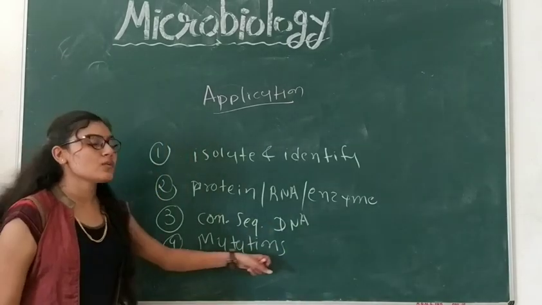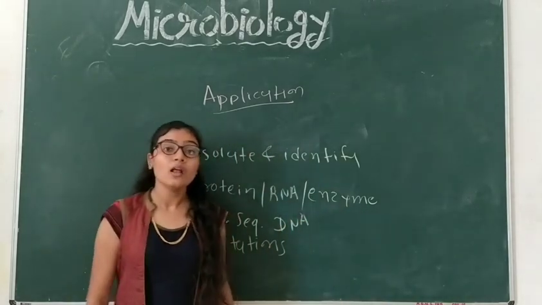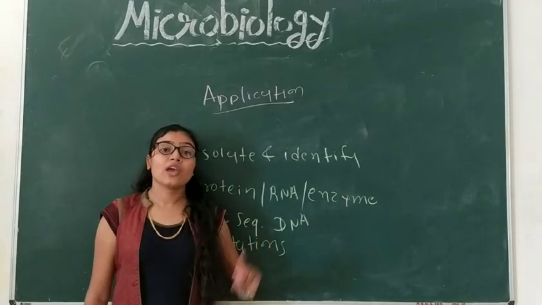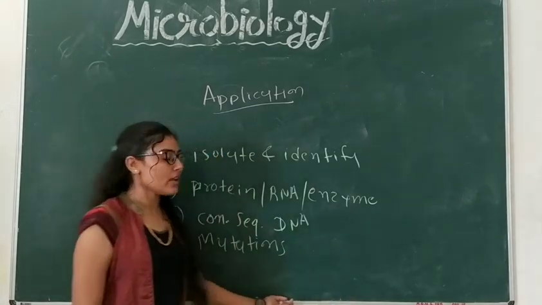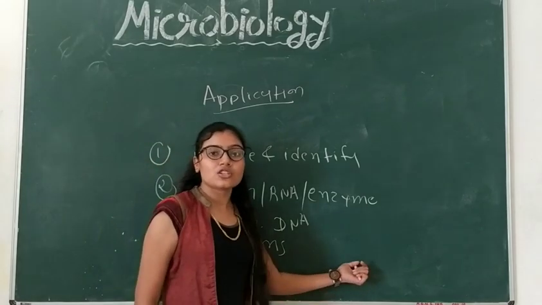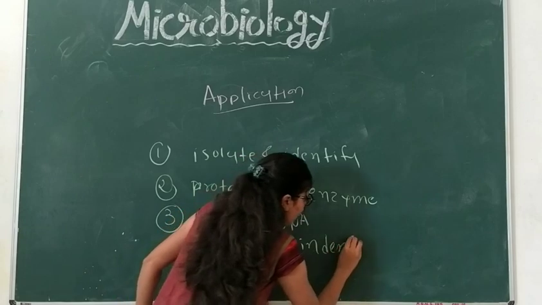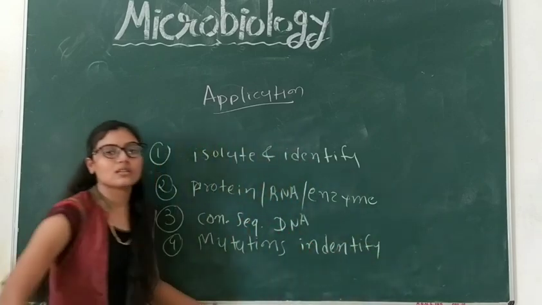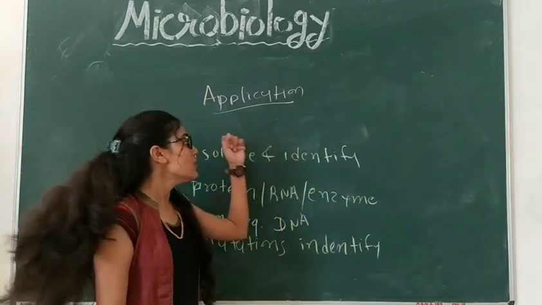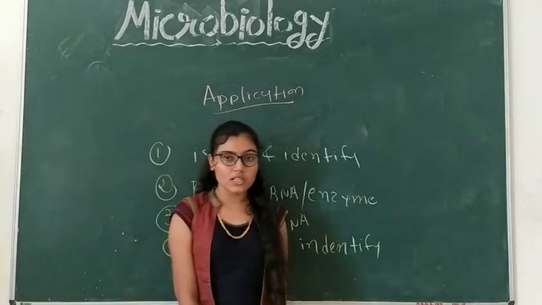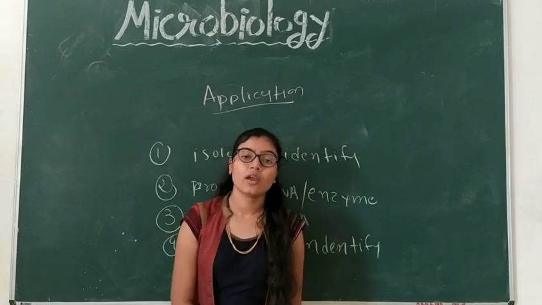First of all, what is a mutation? Mutation means that in the nucleotide sequence of genetic material, due to some reasons, something is changed. That is called a mutation. If a mutation occurs in any genetic material, it can be identified using this method. Now, two major examples of gene cloning in a prokaryotic cell: the first one is insulin production, and the second one is insect resistance. Okay, thank you.